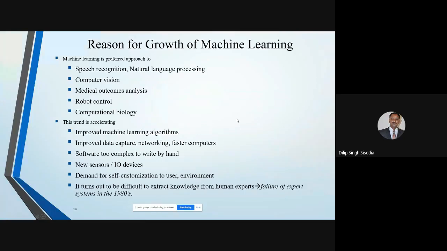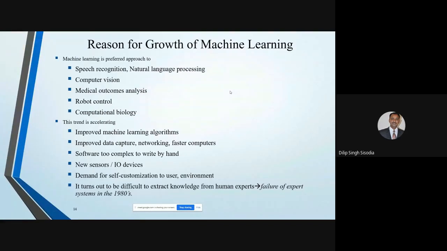And one is its application. We are able to do this because all these applications are old, just because of the availability of data in all these fields. Now, data capturing technology has also improved significantly. The trend is accelerating because, day by day, we are getting improved machine learning algorithms, or every day or every week we are getting a new model. Improved data capture, sensor technology, networking, availability of internet, speed, and processing of data by using fast computers.